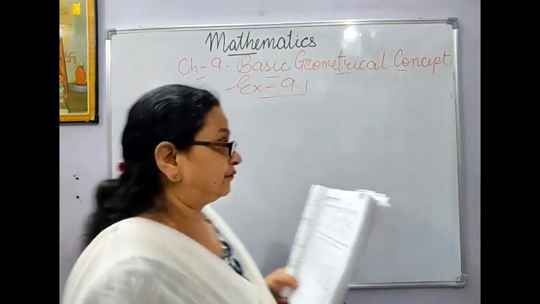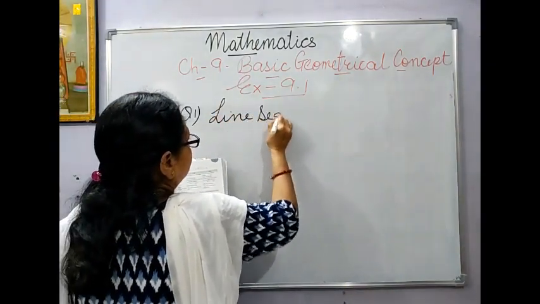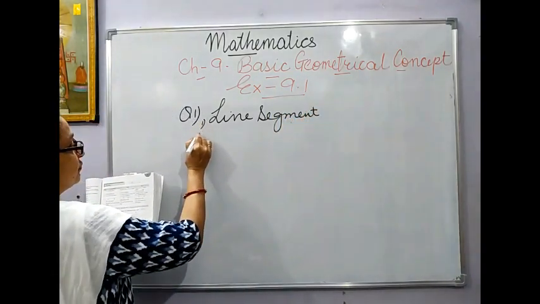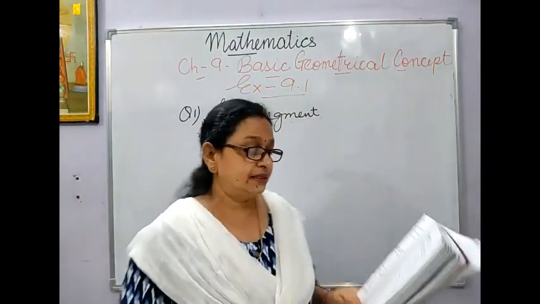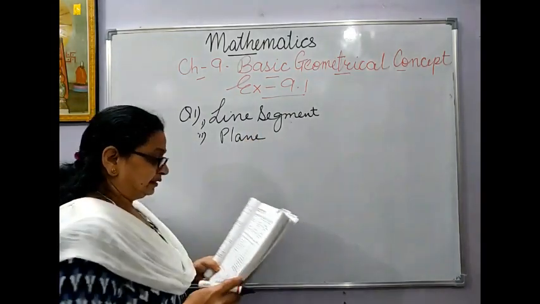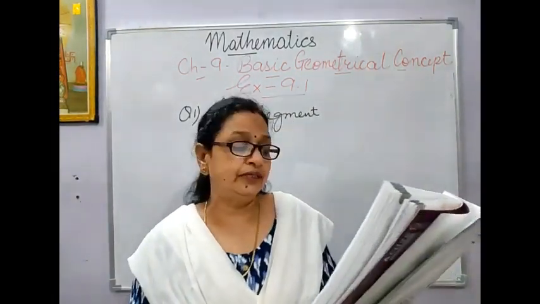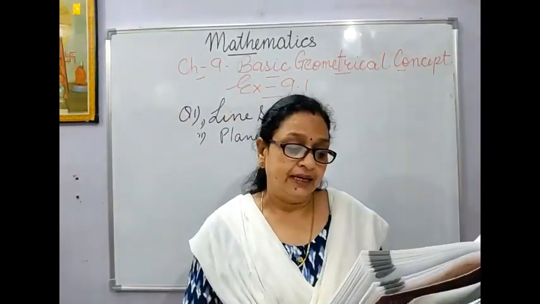Edge of a table, it will definitely be line segment. So write down there line segment. Then this was your first answer. Then sheet of paper, that is plane. Then third, meeting wall, place of two walls. I just now told you in the previous video that it will be a line segment. They are meeting in a line.